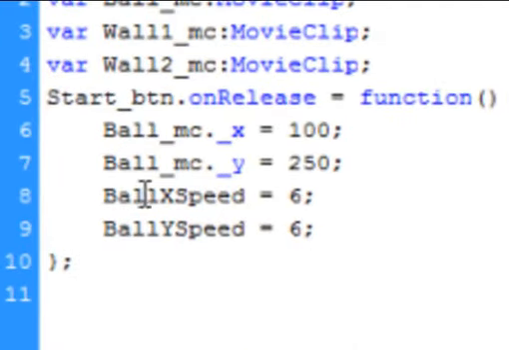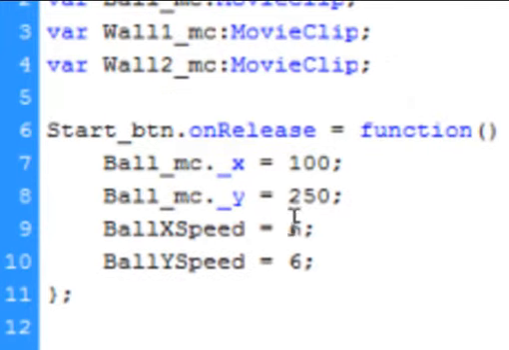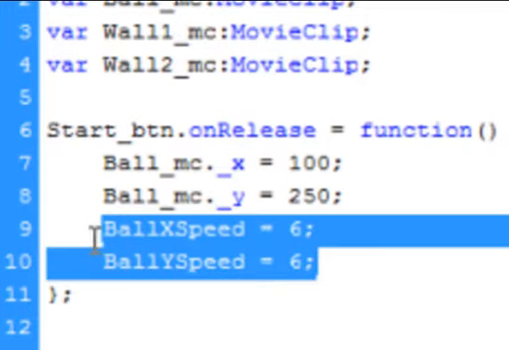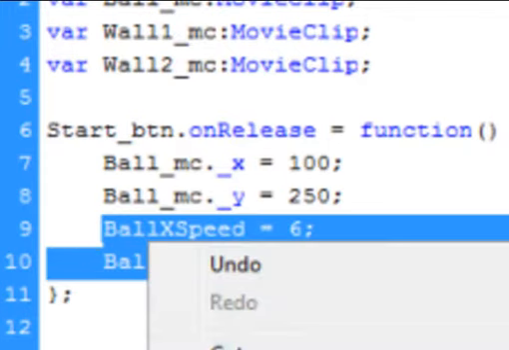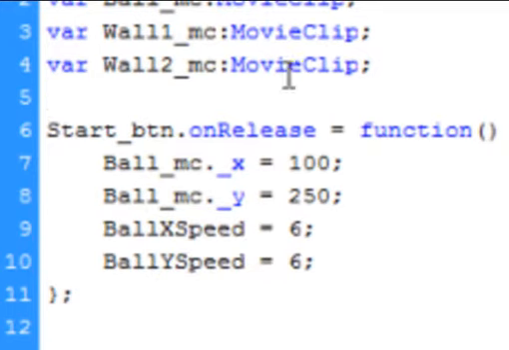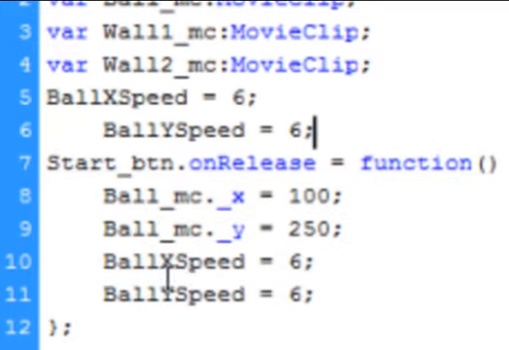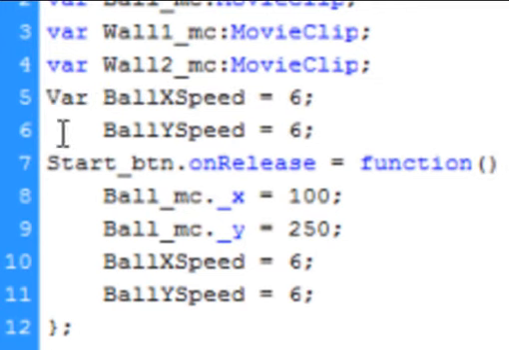It says ballXS, capital B, capital X, capital S, equals 6. That's 6 pixels. BallYS, capital B, capital Y, capital S, equals 6 pixels. And up here we have to declare those 2 values. Once you have them typed, copy them, come up here after your last variable, paste them in, write variable in front of this, VAR,